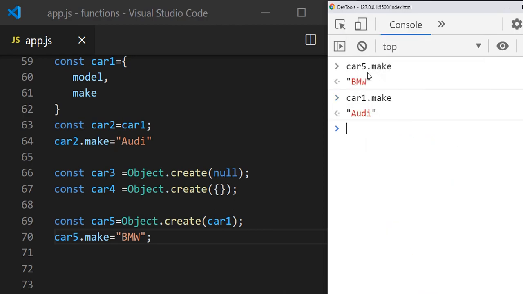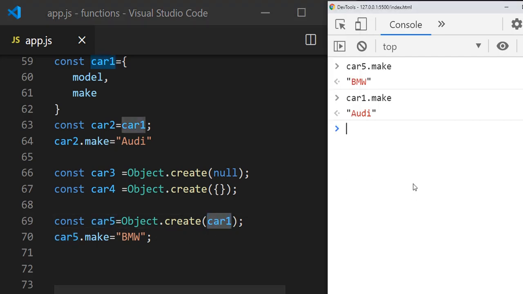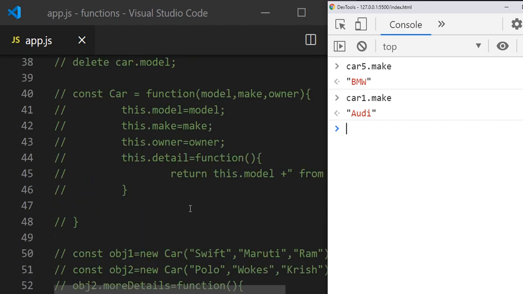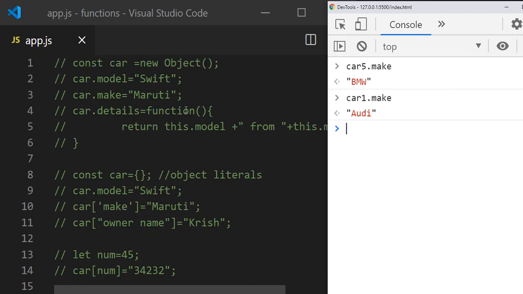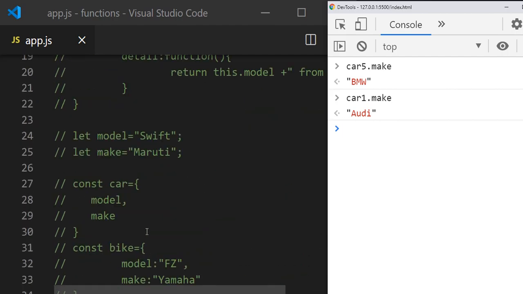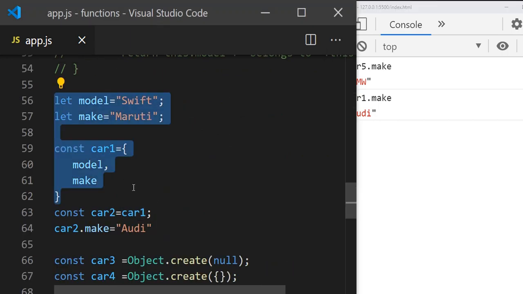So it will not affect the car1 object from which it is created. car5 is like an independent object now and it doesn't affect car1. So this is how we create objects using the Object.create method. So far so good. Now we have seen how to create an object using the object method, and after that using the object literal syntax, and another way of creating an object like this.